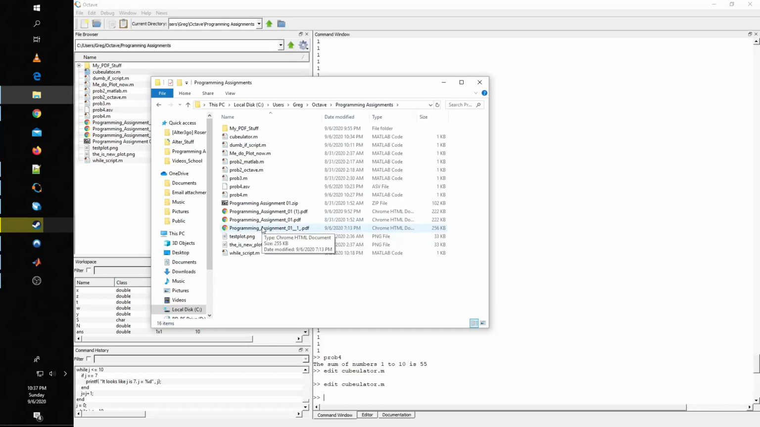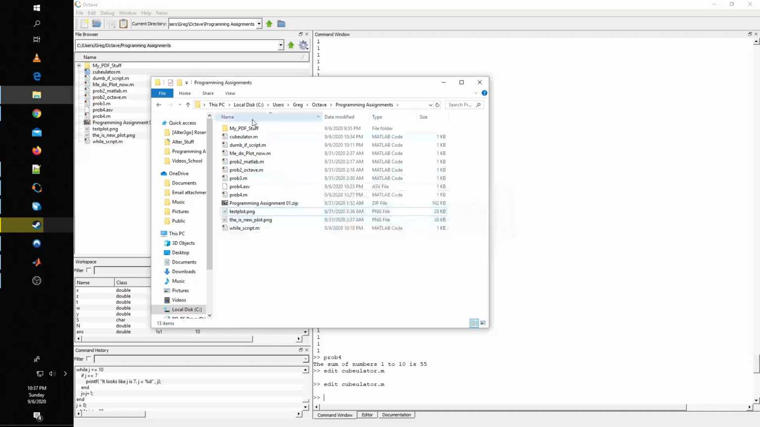Now, what did I say you need to do? You need all of your M files and you need the PDF. So where's the PDF? Well, guess what? I'm going to delete the old PDFs here. I don't have a PDF in here. Why not? Because in Overleaf,